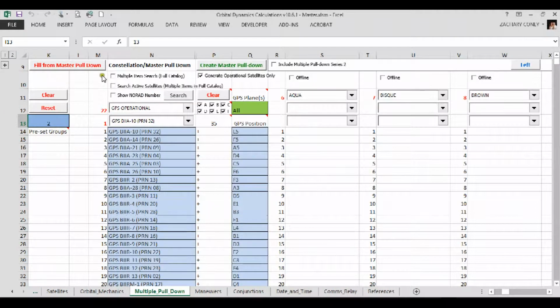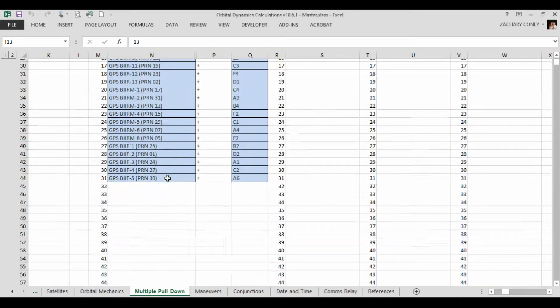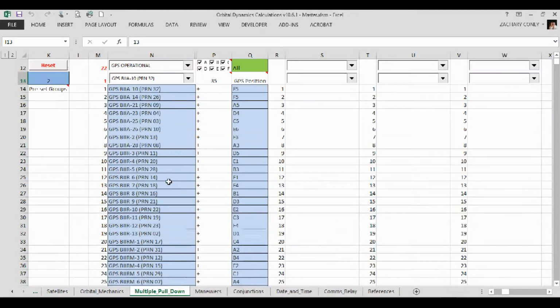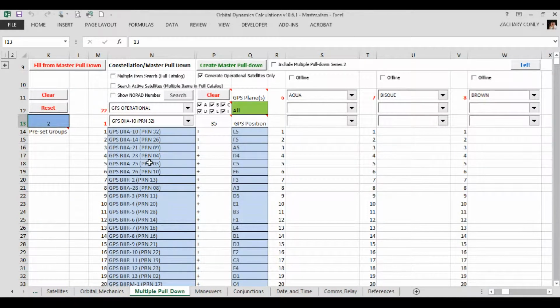If I were to click right, this is the Constellation Master Pull Down group. There are some search options available to you, which I will cover in a further lesson. But for the time being, I've preset GPS as the group in the Master Pull Down. If I wanted to fill those data into the multiple pull down sections, I click fill from master pull down,